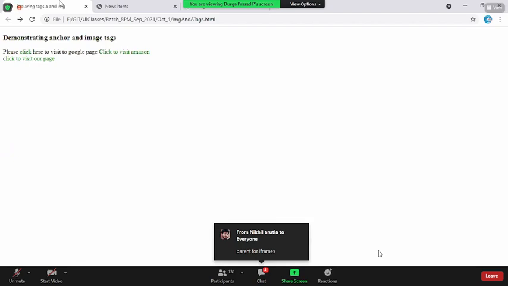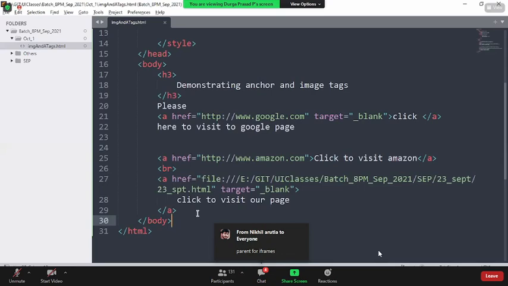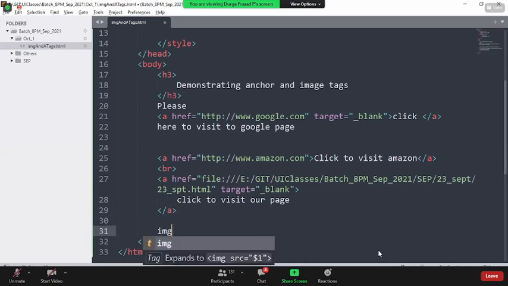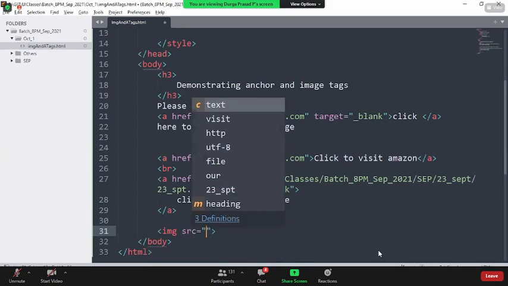Okay. So the next tag we have is called the IMG tag, a predefined HTML tag using which we can include external images or local images into the web page.